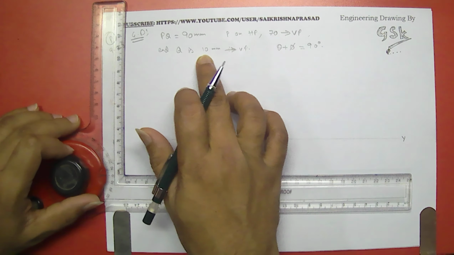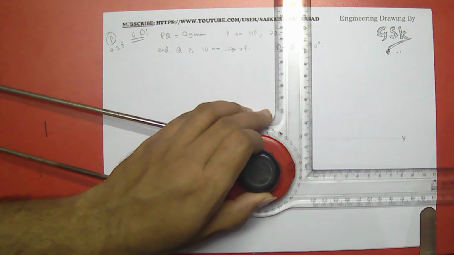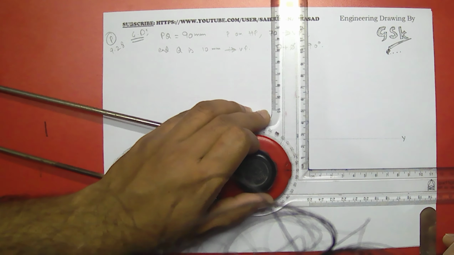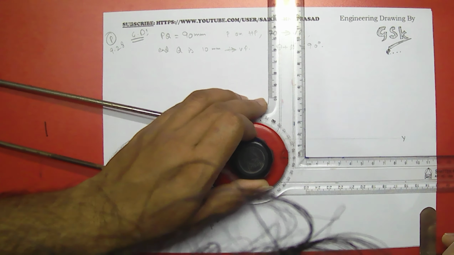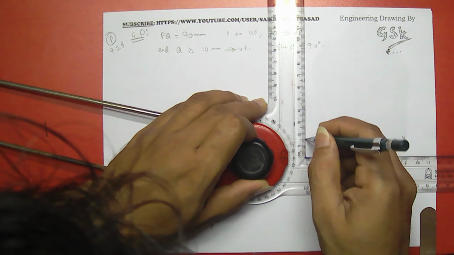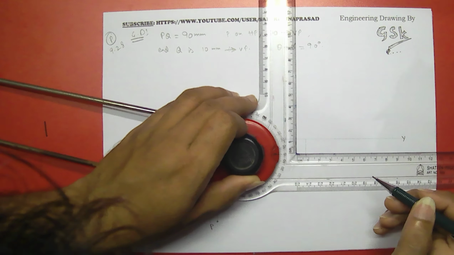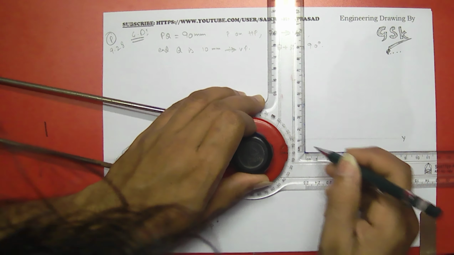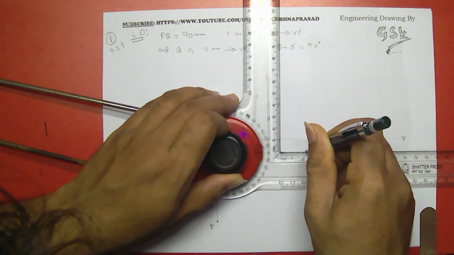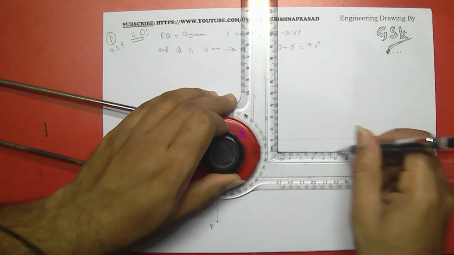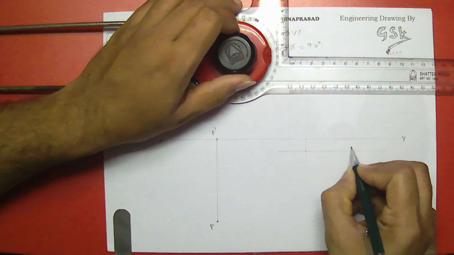Next, Q is 10 mm in front. So I'll be locating 10 mm over here. This is the locus line of Q2